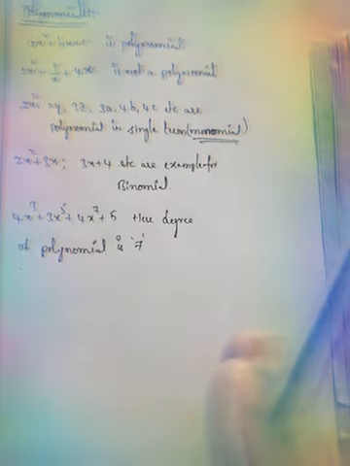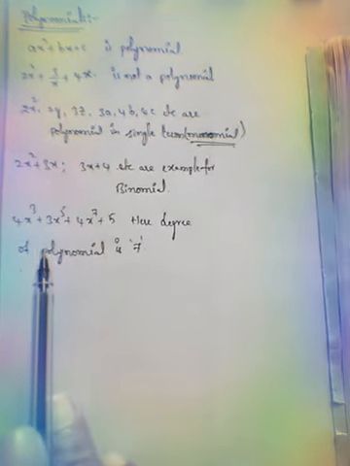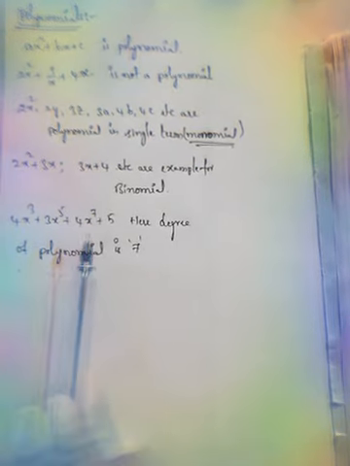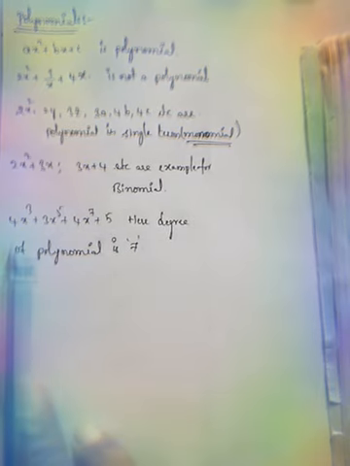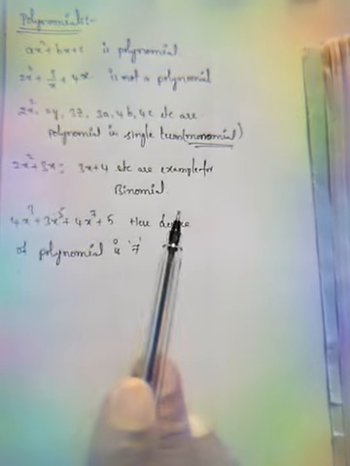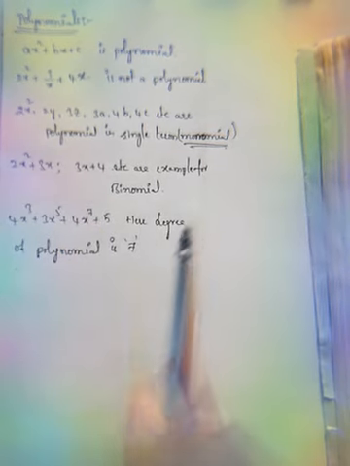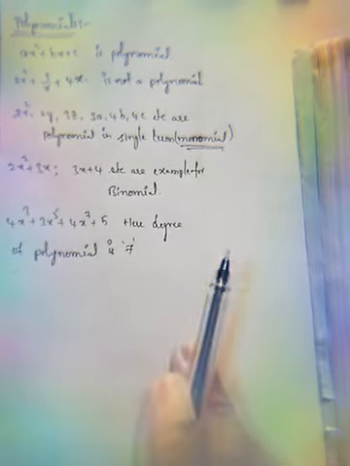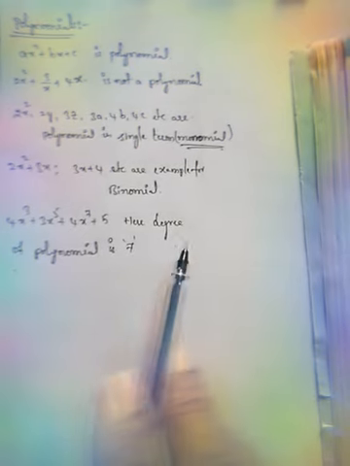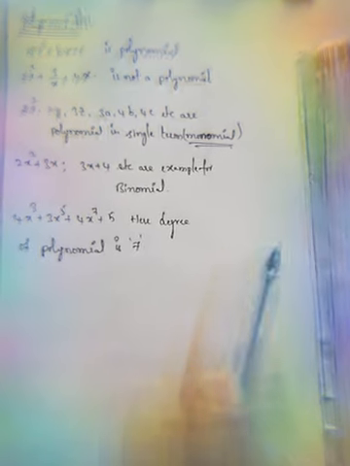Now, the degree of the polynomial. What is the degree of the polynomial? Comparing all terms in the given expression, the highest exponent is called the degree of the polynomial. If each term contains more than one variable, we should add the exponents of all the variables in each and every term. Whichever is greater, that is the degree of the polynomial.